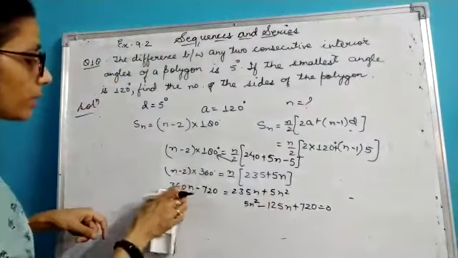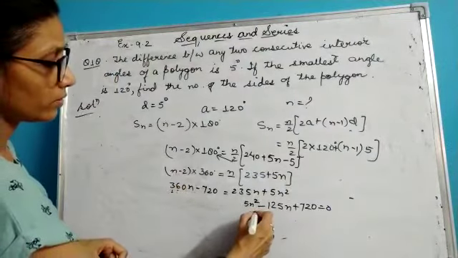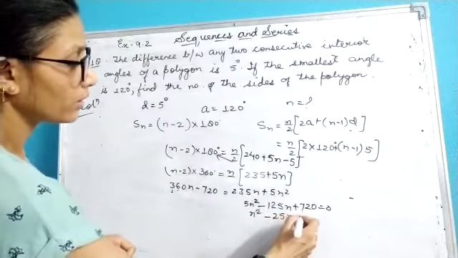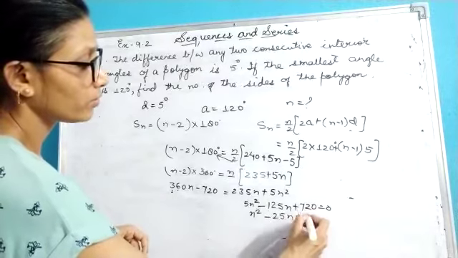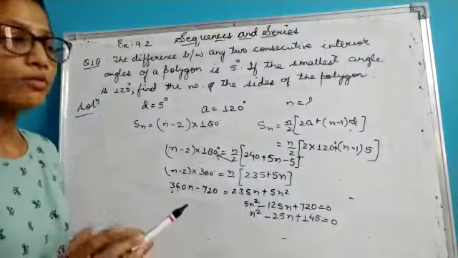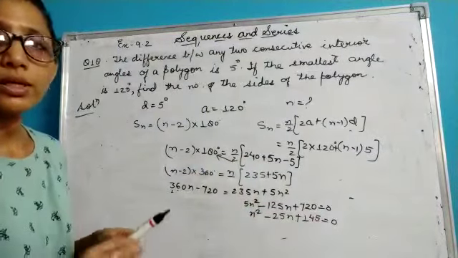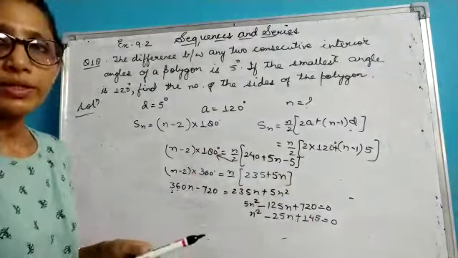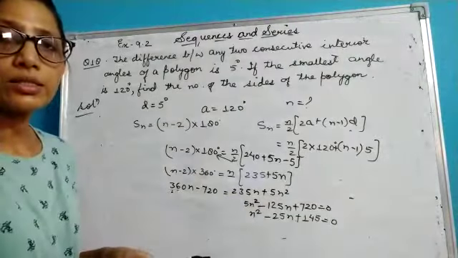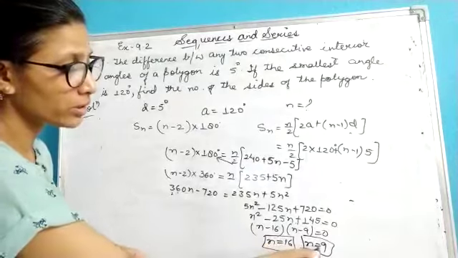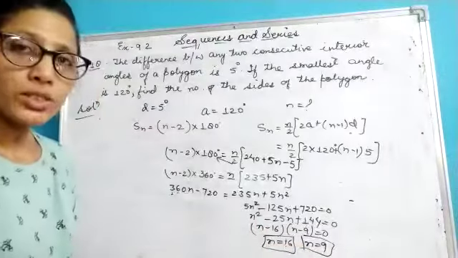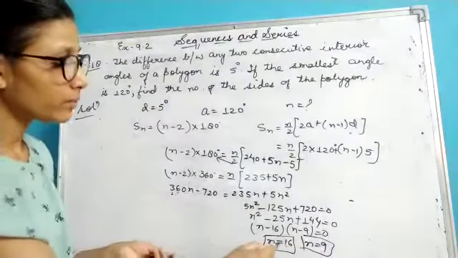I can make it in a more simplified form as n square minus 25n plus 144 equal to 0. So this is my quadratic equation. Now you can find out the factors of this quadratic equation by any method, either by the quadratic formula or by the factorization method. So after calculating, I have got n equal to 16 and n equal to 9. Children, here it is 144. So these two are positive terms, but I will be considering only one term. That means I will be rejecting the other.